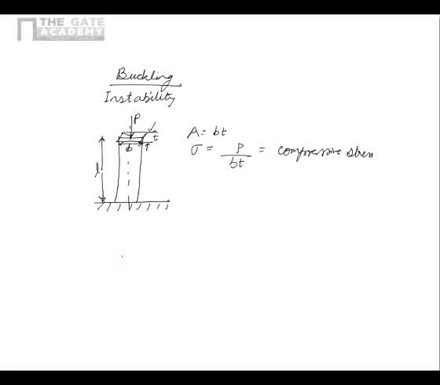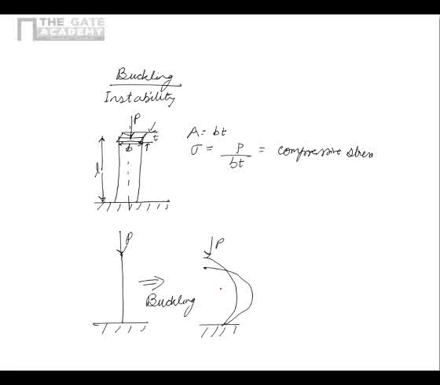So if I just draw the column like this with a line and I apply this force P here, the column bends like that. This bending is known as buckling. This is buckling. This is a sort of instability because once it starts bending, it bends much more like this. It just bends completely like that. It collapses. So this loading is very important to study